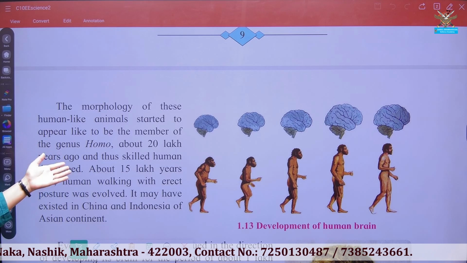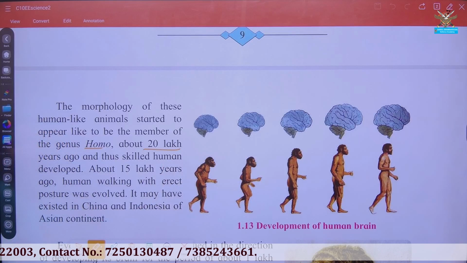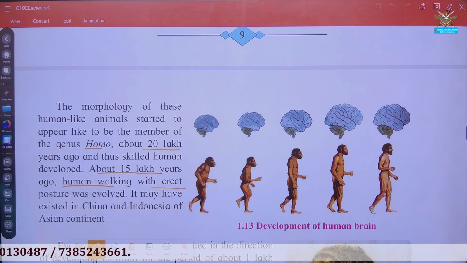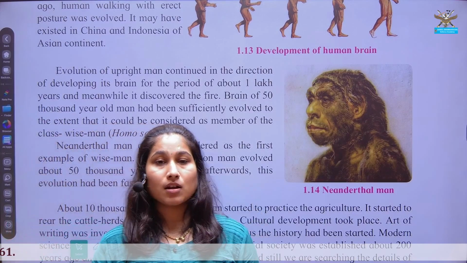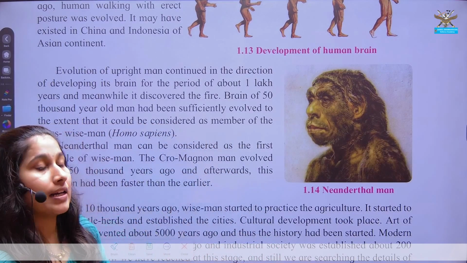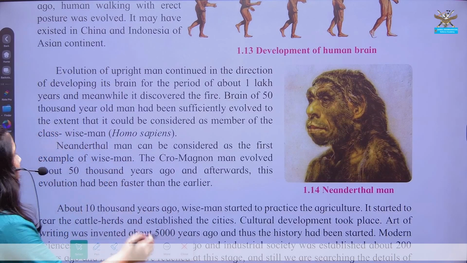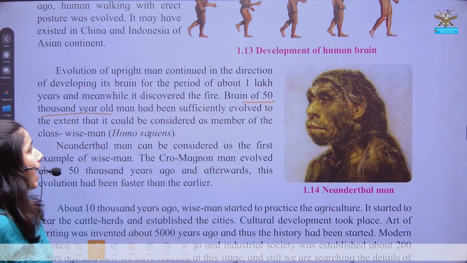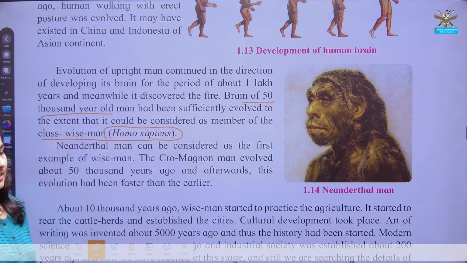as belonging to Homo, 20 lakh years ago. And the first walking erect human was seen lakhs of years ago in the areas of China and Indonesia. Now brain development should also happen. Only the external posture should not be erect; the brain and its activity should also be enhanced, and the enhanced activity of the brain was seen in individuals 3000 years ago, and the first member of these wise men was Homo sapiens.